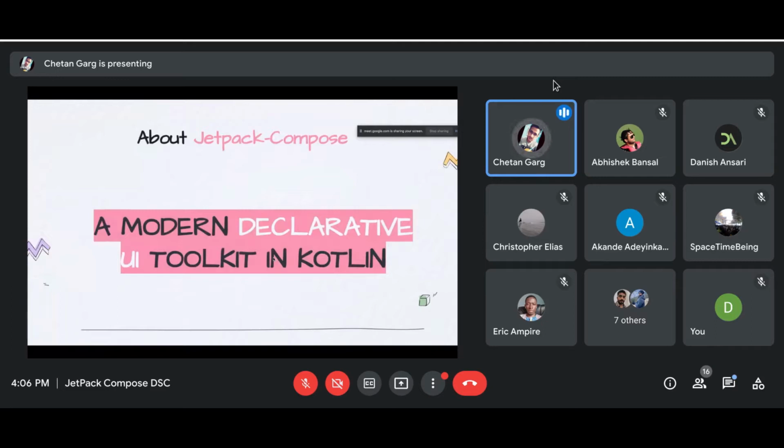Okay, so by now, I assume all of you have been familiar with Jetpack Compose. If you're not, then just know it's a declarative UI toolkit, which gives us the capability to draw our views onto the UI. The major reason why it's getting so much attraction is this declarative nature. In any declarative UI toolkit, there are two major components in play: first is a view and second is a state.